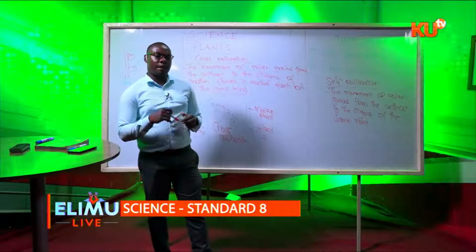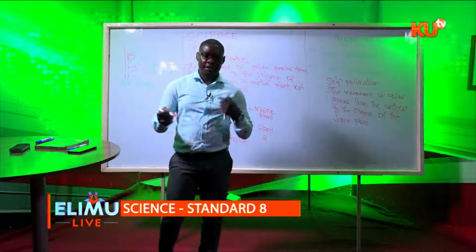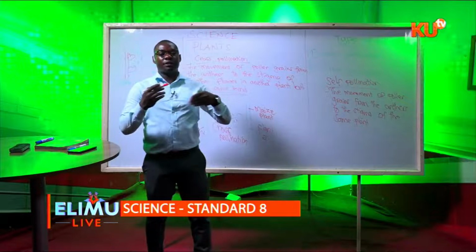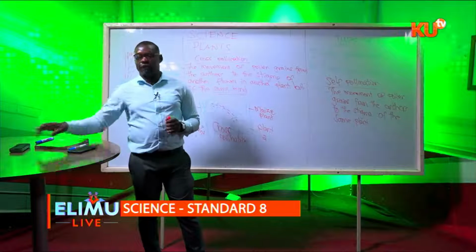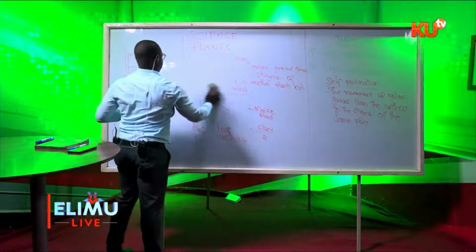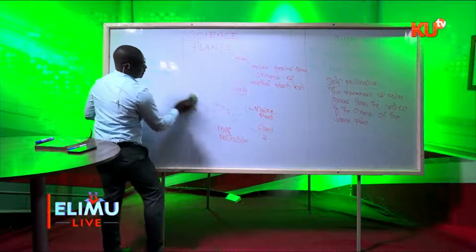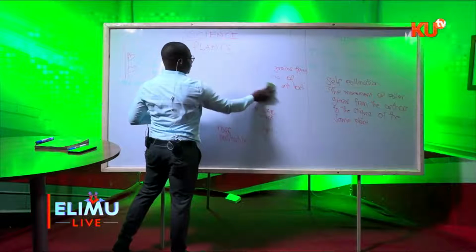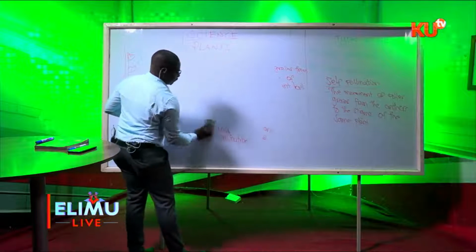Self-pollination is mainly insect. That gives us the pollination. So let's look at now the process of fertilization in plants. Remember I said our topic is about fertilization in plants, and we have started by looking